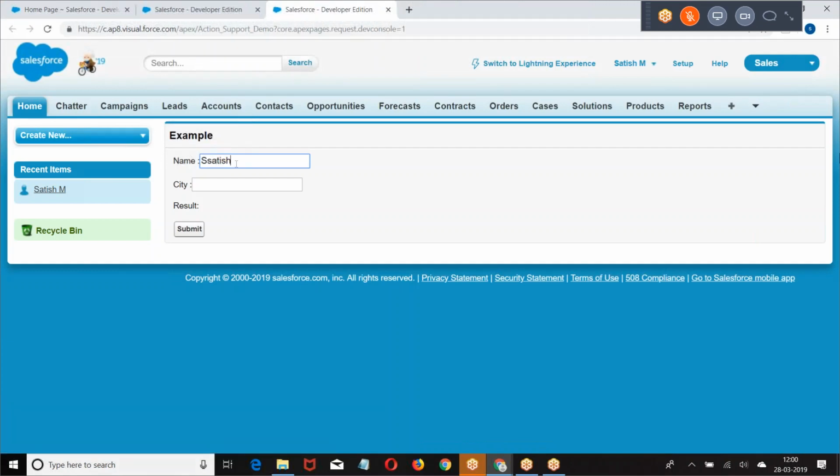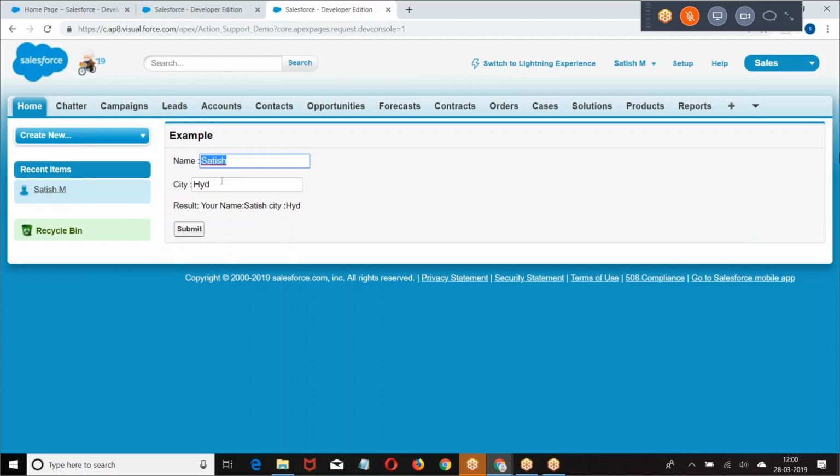Okay. When a change is occurring here, is anything happening? No, right? Then I clicked on submit. When I click on submit, it went to the Apex class and invoked a method call. Now what I'm saying, I don't want to give a button. I don't want to give a link. I entered the data, clicked on the button, and the button is calling the action. I don't want to give a button.